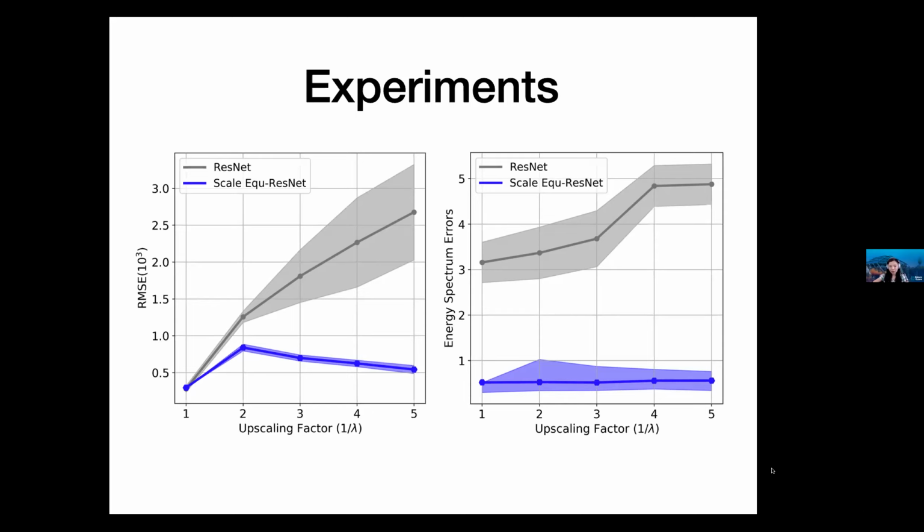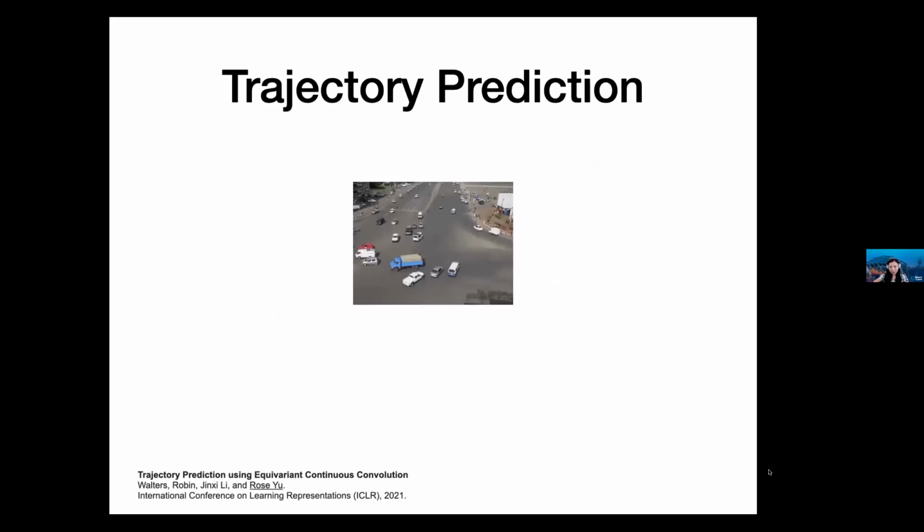The next example I want to talk about is more related to real world data, and that's in the field of transportation. In transportation, a critical task is trajectory prediction. It's a pretty complicated task because in the physical science domain, such as the differential equations that we talked about, we only need to care about the dynamical equation that governs the dynamics, and that's about it.